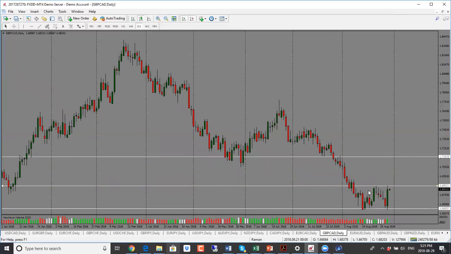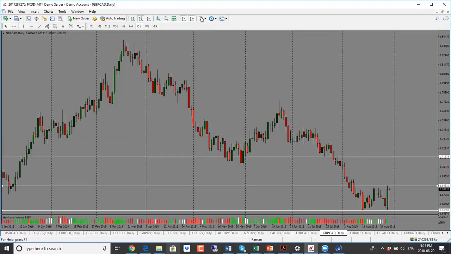Pound CAD here, this one has gone to the very top of the range. We were coming into support here, bounced off of the support and went right into the top of the range. So now it is bullish, but it's into resistance. So this one we would have to be cautious with. Now our volume has turned green here, so I would look for a break of this.